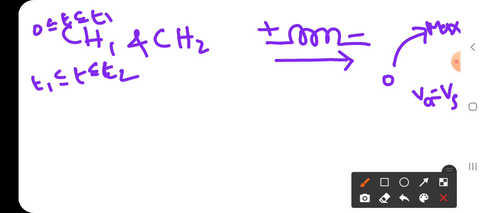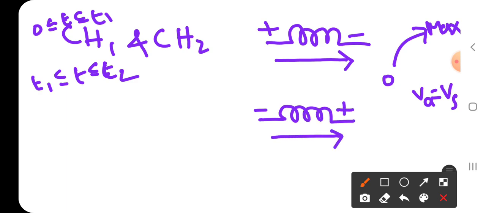Next, from T1 to T2, what happened? The inductor is discharging its energy. Therefore, either D1 has to be forward biased or D2 has to be forward biased. So how can it be? It is based on the turn off of the IGBTs. If I turn off CH1, then D1 is forward biased. If I turn off CH2, then D2 is forward biased. So therefore here I assume that I turn off CH1.